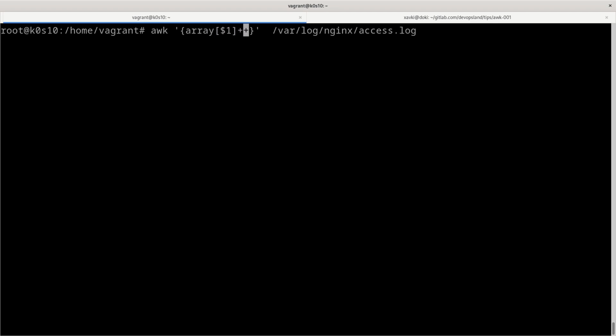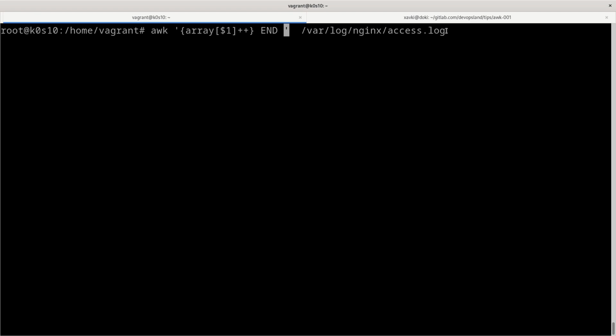The key is the IP, and the value is the count of how many occurrences we match for this IP. After that, we want to print at the end, in the footer, because if we print the result of the array at each line of our access log, we just see the IP and 1, 2, 3, etc. We don't want that. We just want to print the latest value of this index. So to do that, we use the END clause to add a footer. With that, we are sure to print the result at the end.